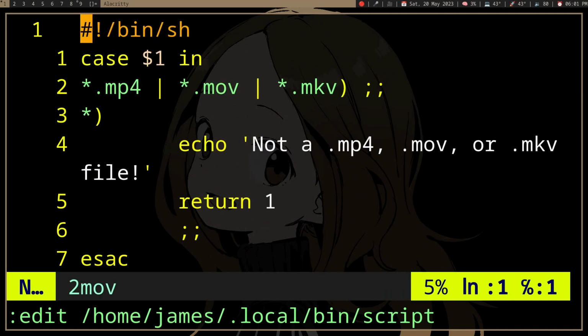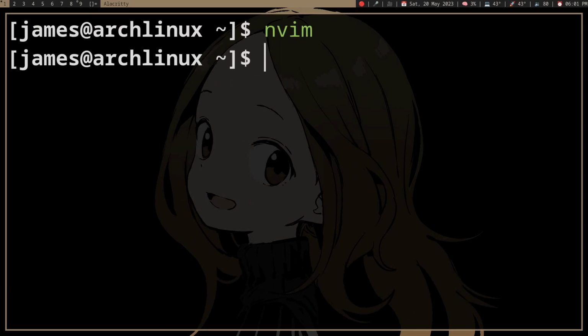And then if I exit this file, well, we're still back at the last directory before we opened Vim, right? But what if I actually want to change my directory to the directory of the last opened file before I